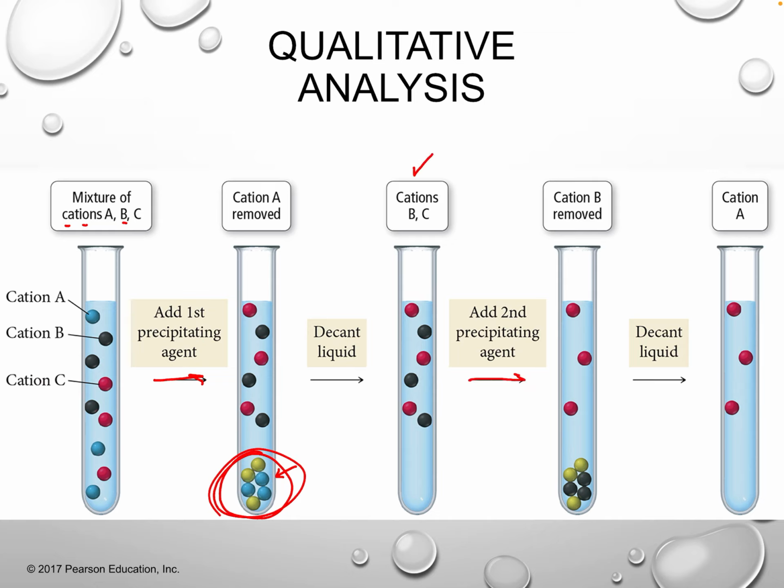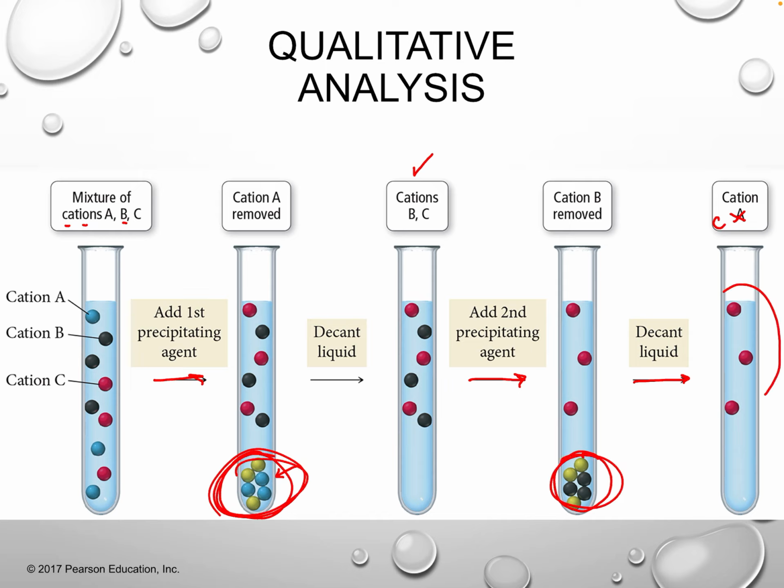And then we'll add another precipitating agent, okay? And that will bond with one of them and cause an insoluble solid. And again, we'll save that test tube and we'll run some confirmation tests. But then we can decant off the liquid, and then we have cation A, and we can run a confirmation test there to make sure that we really do have what we have. Okay, so it's really neat. Oh, actually, this should say C. Sorry, not my graphic. But in this way, we separated cation A, B, and C in this whole qualitative